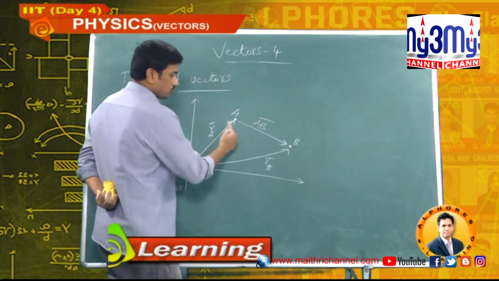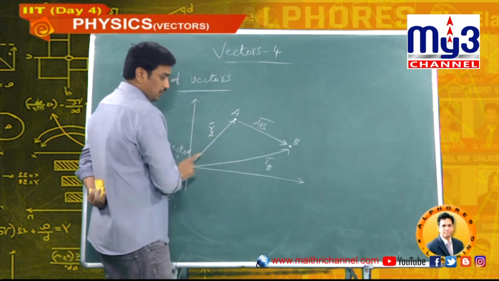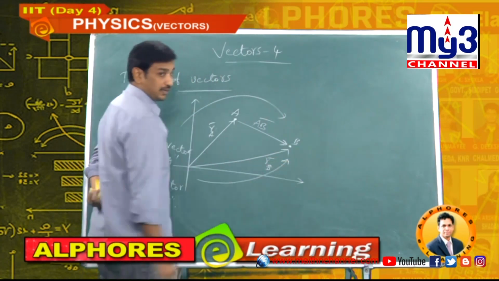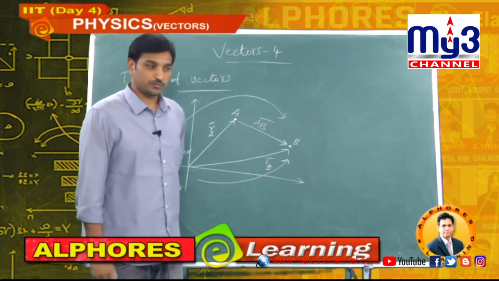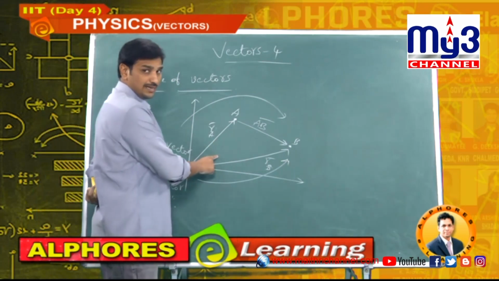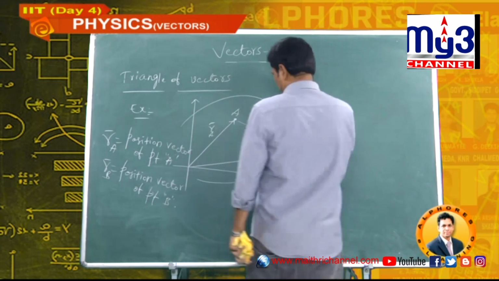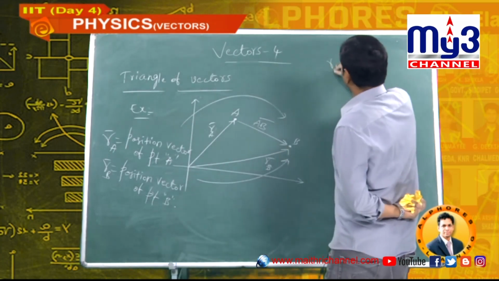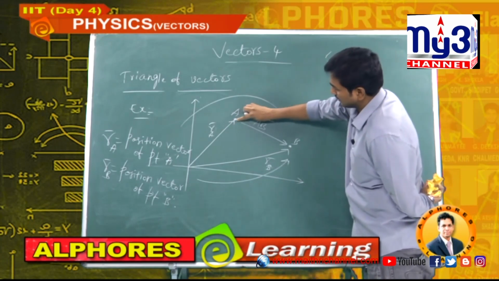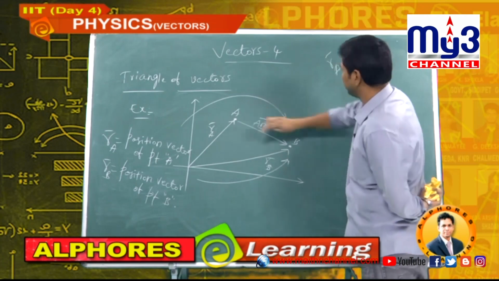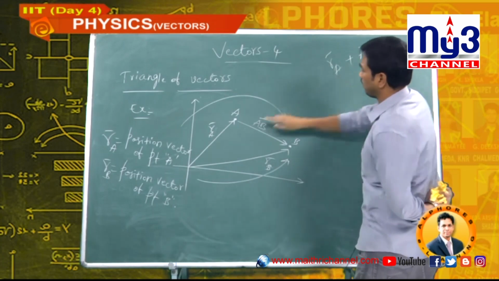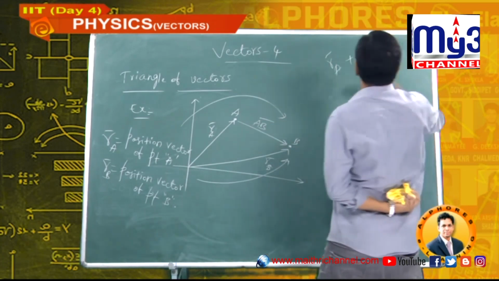Now these two represent two sides of a triangle, and the closing side is RB bar. See, these two are moving in one direction and this is moving in another direction. What is the triangle law of vectors? These two represent two sides of a triangle, and the third side is the closing side, that is RB bar. Now I am applying this law. Head connected with the tail is the process of addition. RA bar plus AB bar is equal to RB bar.